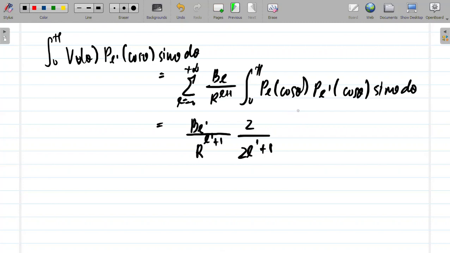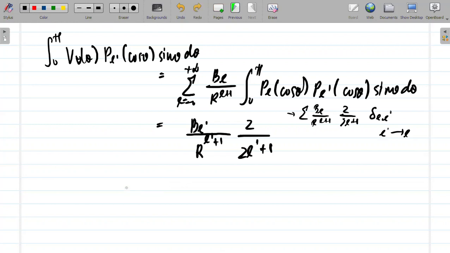Singit ko na nga dito, yung mid-step: summation BL over R to the L plus 1, 2 over 2L plus 1, Kronecker delta L, L prime. So, bali, magiging ganito siya. So, dinrop ulit natin from L prime maging L. So, we will get